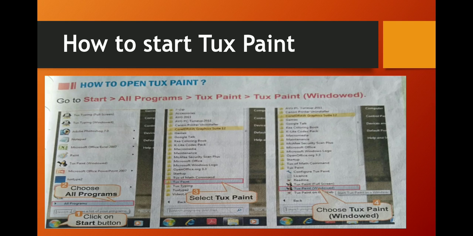You can see in the picture steps are given. First, click on Start button, second choose All Programs, third select Tux Paint and fourth choose Tux Paint windowed. So this way you can open your Tux Paint program.